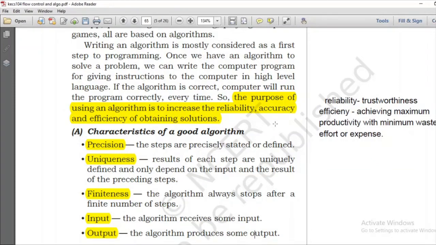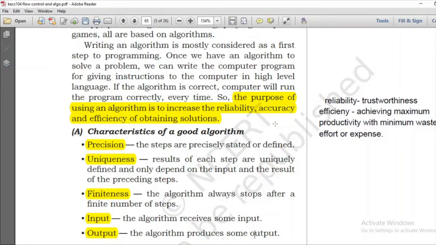Because when you design software for a company or for yourself, you have a certain time limit, कि मुझे 3 महीने में, 6 महीने में, 1 साल में ये अपना सॉफ्टवेयर डिज़ाइन करना है, इसमें इतना पैसा लगेगा, ये हर चीज़ आपको डिफाइंड होती है. So to achieve that efficiency, you have to have a designed algorithm beforehand.